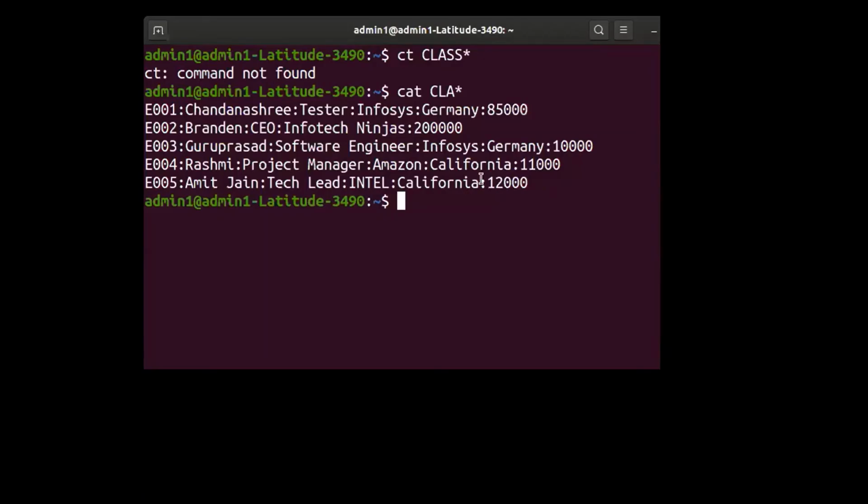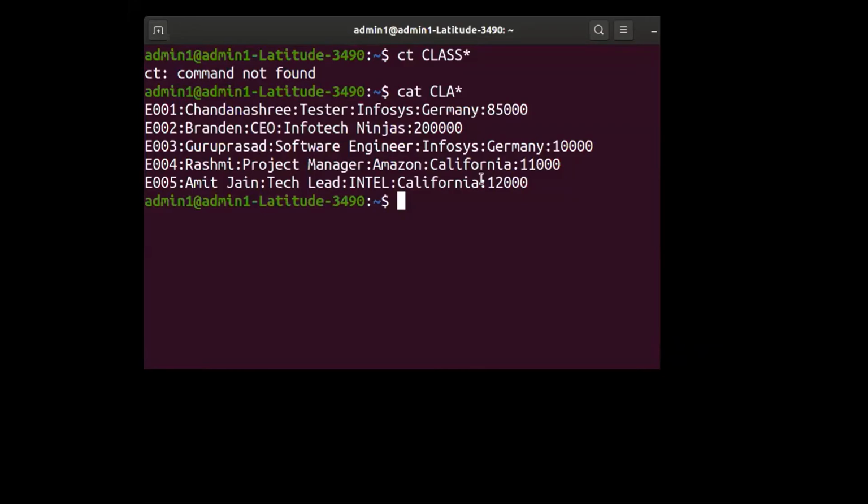Like that, you have 5 employees. Each employee's details is called a record. A database file is made up of fields and records. In this database file, we have 6 fields and 5 records. Is it clear to all of you?